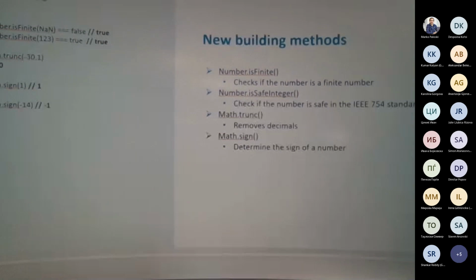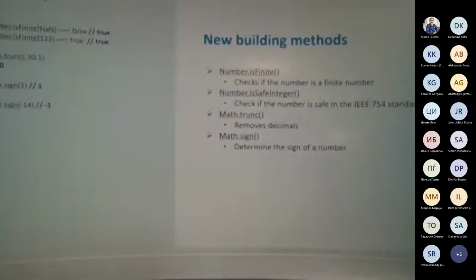That means if you want to check if the integer is in the safe IEEE 754 standard. That's just for the checking of the integer. There are also methods like trunc, which removes the decimals from the number, and also the sign method, which retrieves the sign of the number. There is an interesting thing, if you have -0, it will